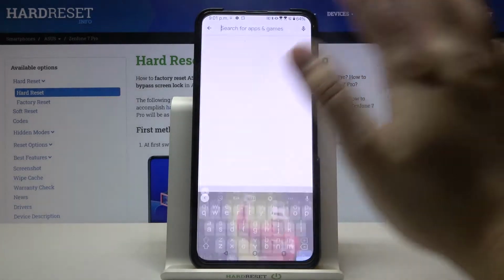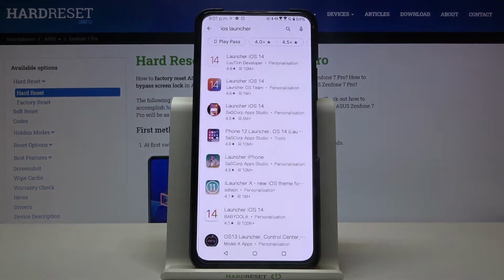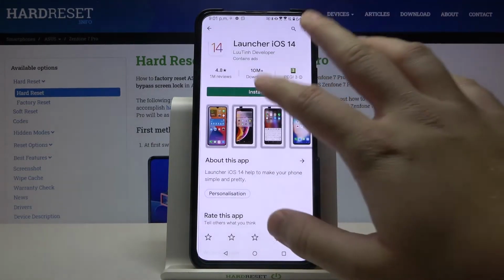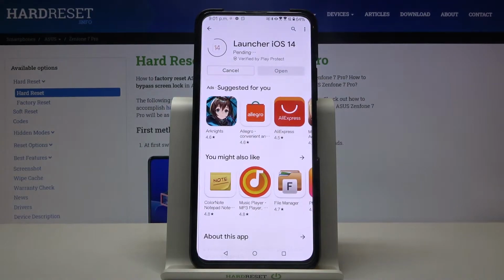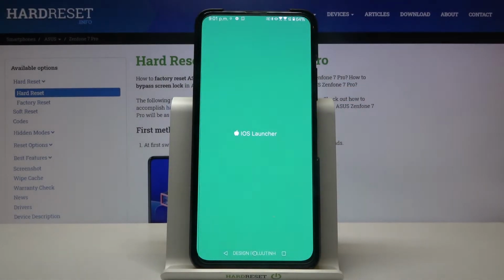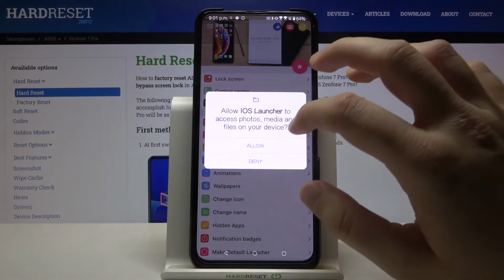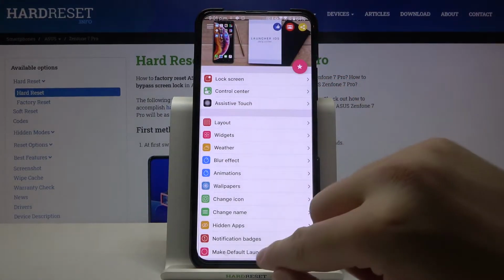If you want to get iOS Launcher on your ASUS Zenfone 7 Pro, first go to the Play Store, tap on the search bar and type iOS Launcher. We are going to get this application from the Routine developer, so let's install. Right now we can open, accept all the permissions, then click on the home button,